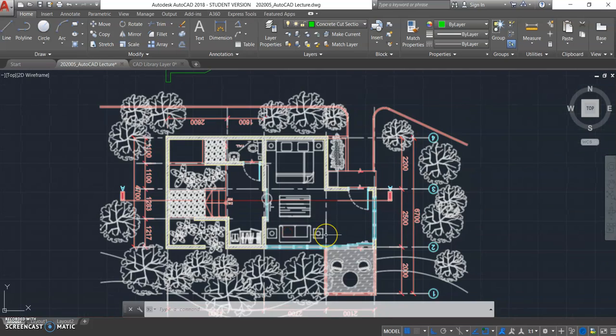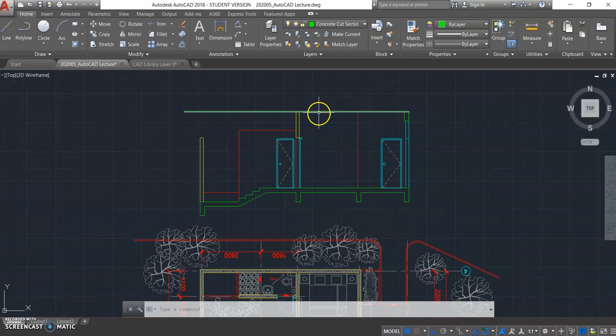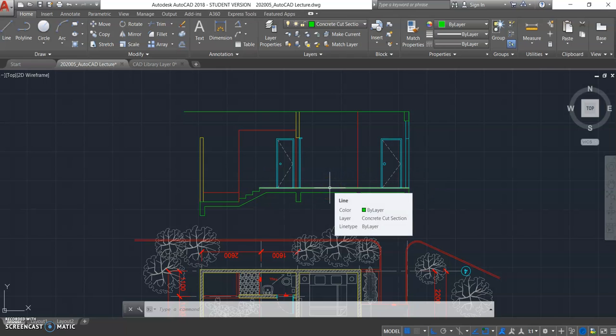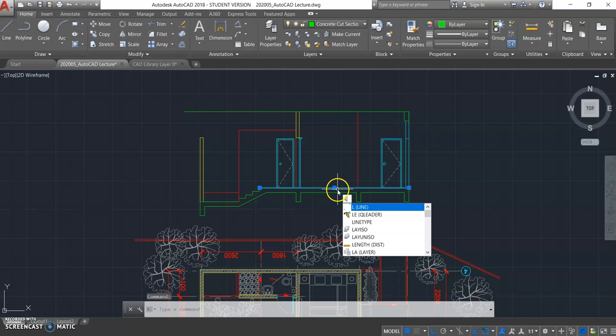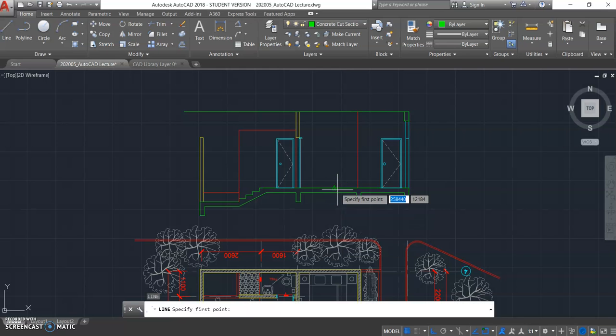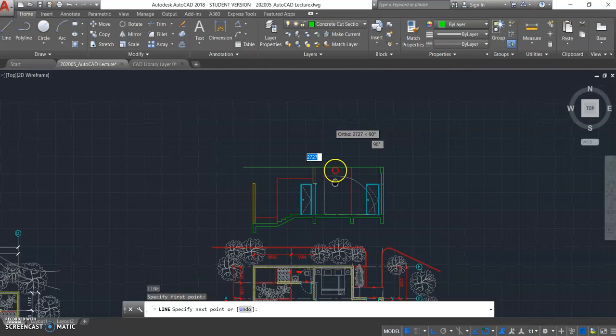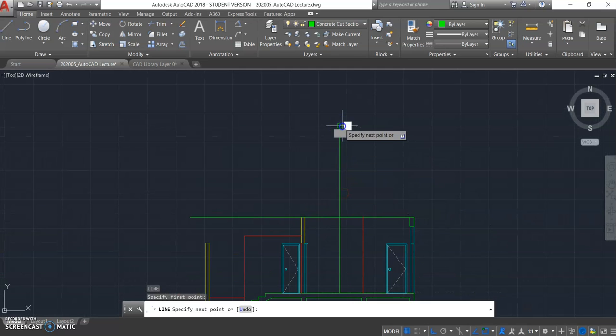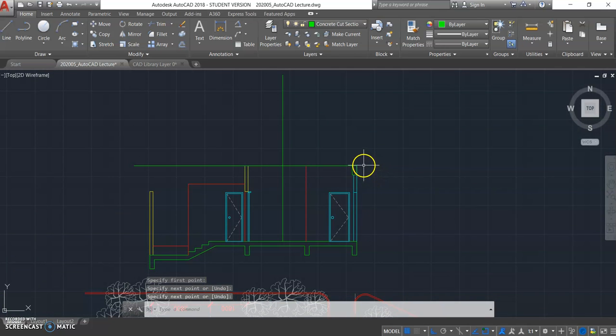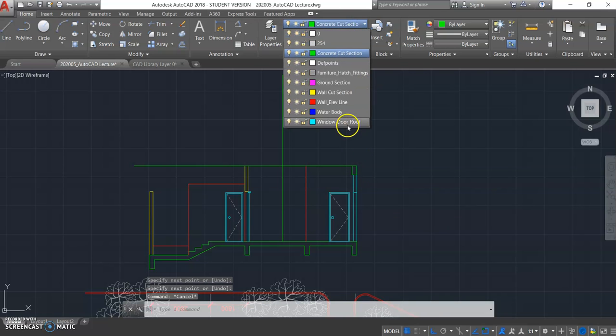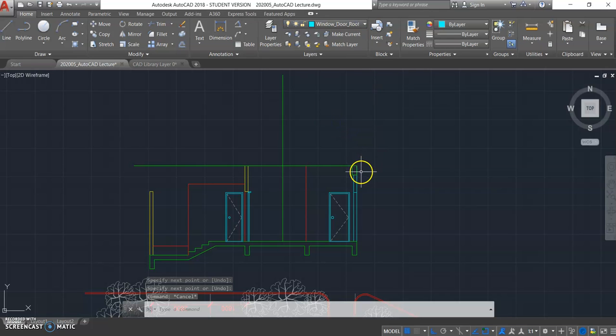Okay, for the roof part, I just want to find the middle section of this area. So I want my main structure to be from here to here. So all I need to do is find a middle center point of this line, because this is going to be the peak of the roof. Okay, and then draw another line. So for the roof, I use this one. Okay, so draw a line over here,